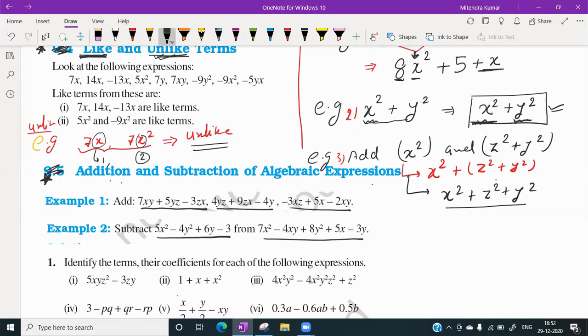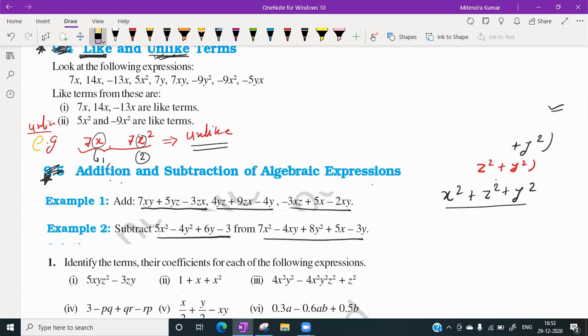So addition and subtraction जैसे हम लोगों ने नंबर्स में किया वैसे ही करना है, बट यहाँ पे आपको माइंड में रखना है कि लाइक टर्म्स के बीच में एडिशन एंड सब्ट्रैक्शन होगा। अगर अनलाइक है तो फिर वो ऐसे ही रह जाएंगे।